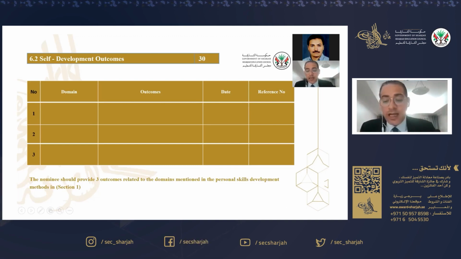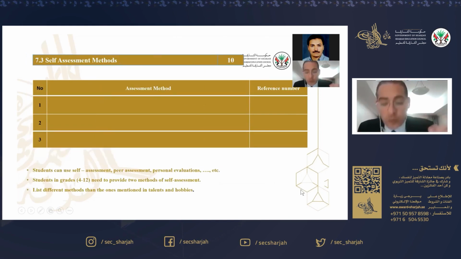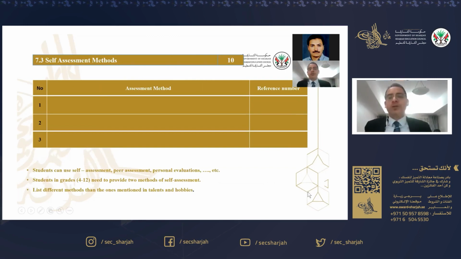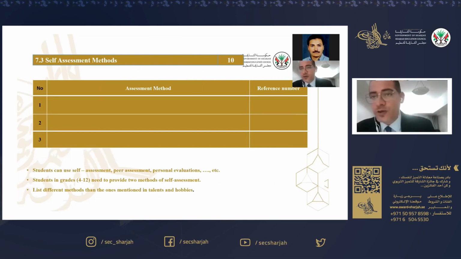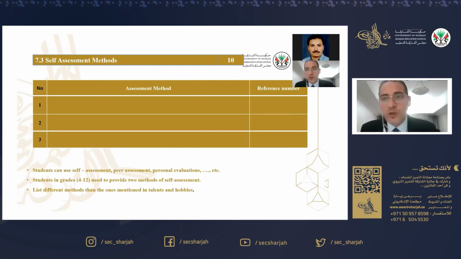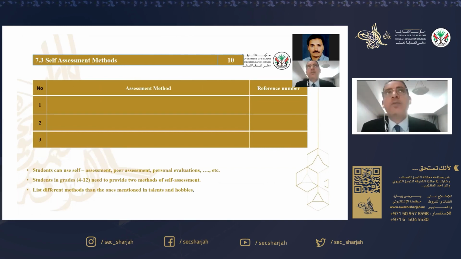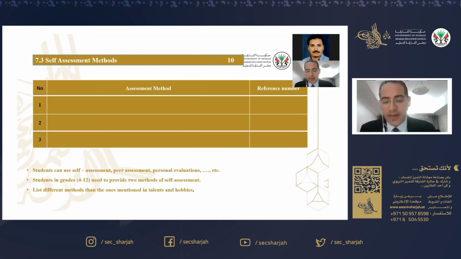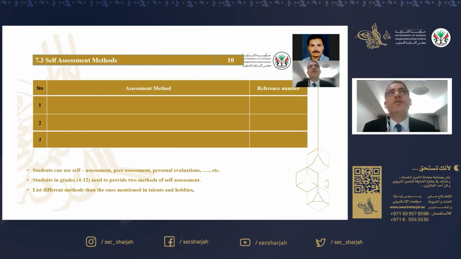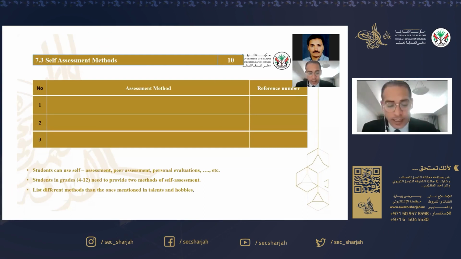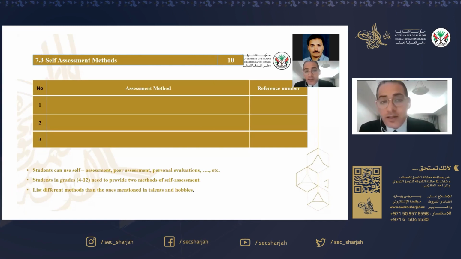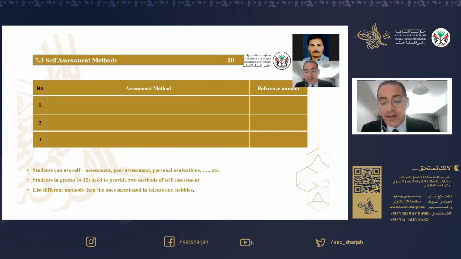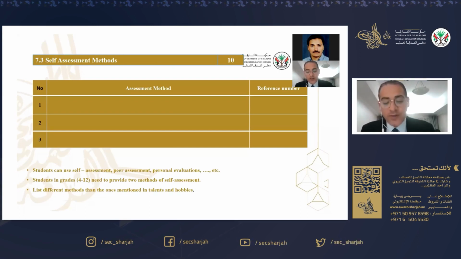The judges would like to know about the tools you use to assess yourself. Now, I am a distinguished student. I am a successful student. How do you know this? What tools do you use? Okay, I complete online surveys. I ask my teachers for written feedback. I do the IQ test, for example. So what tools are you using to assess yourself? How do you identify your strengths and the areas that need development or improvement?